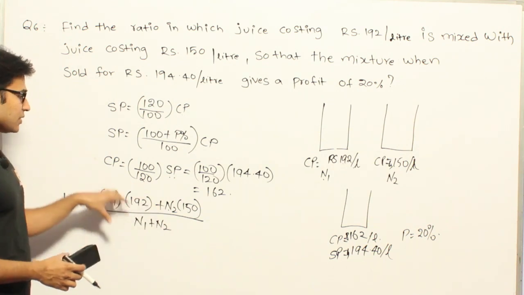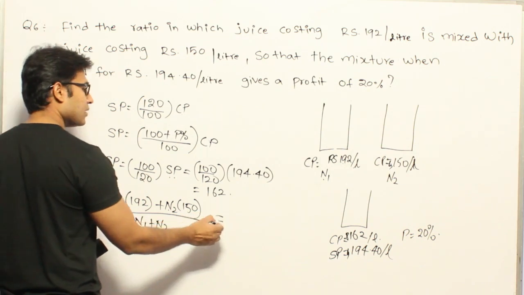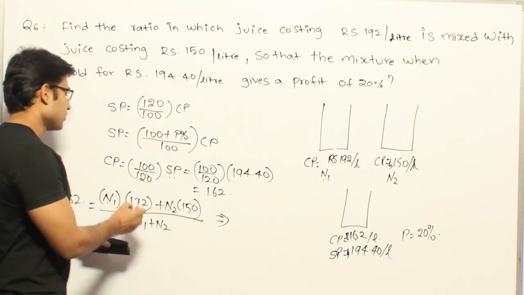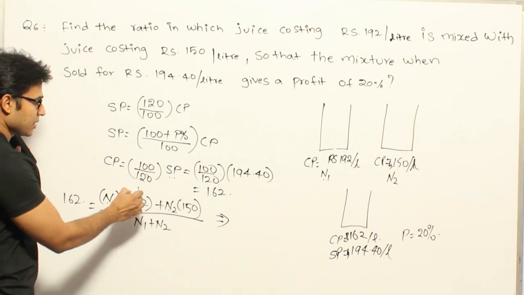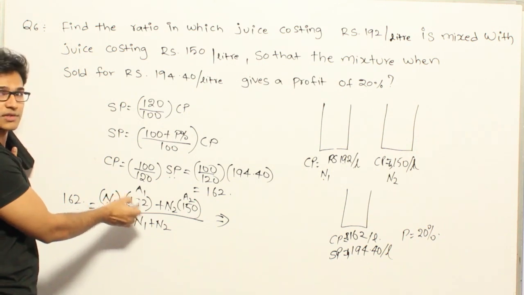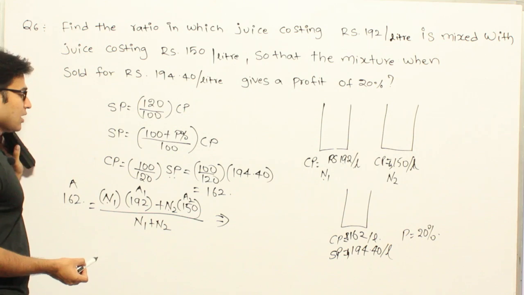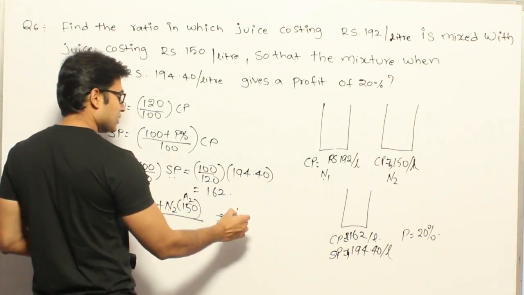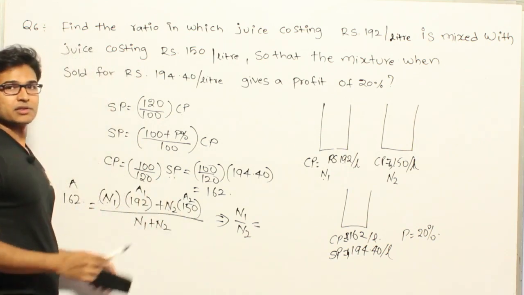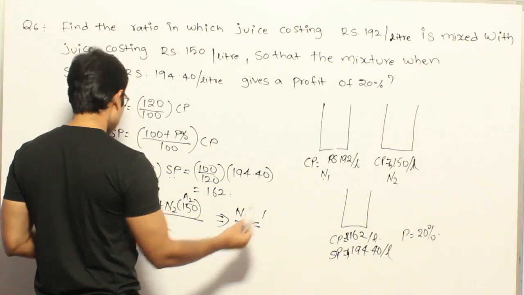Now if you just cross multiply and get N1 and N2, if you remember the formula, you can directly write it. Otherwise you can cross multiply this and get it. So you can assume that in our alligation formula, this one is representing A1 and this one is representing A2, the one with the higher average and the one with the lower average, and this one is the final average A. Got it? Now you can easily see that N1 by N2, by cross multiplying and arranging the terms, is equal to A minus A2 divided by A1 minus A.